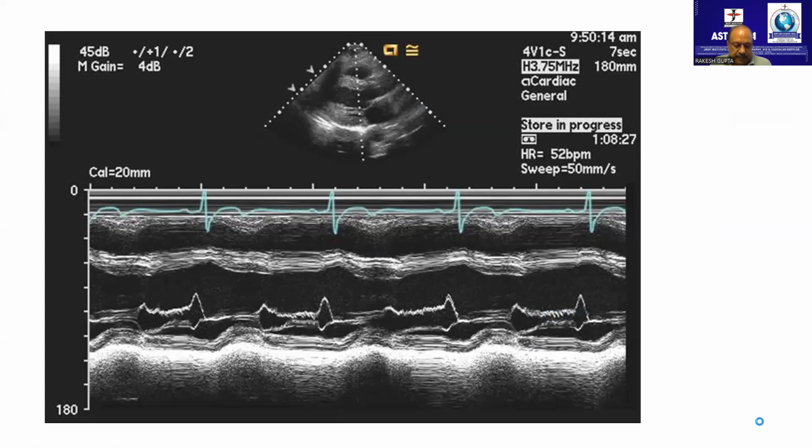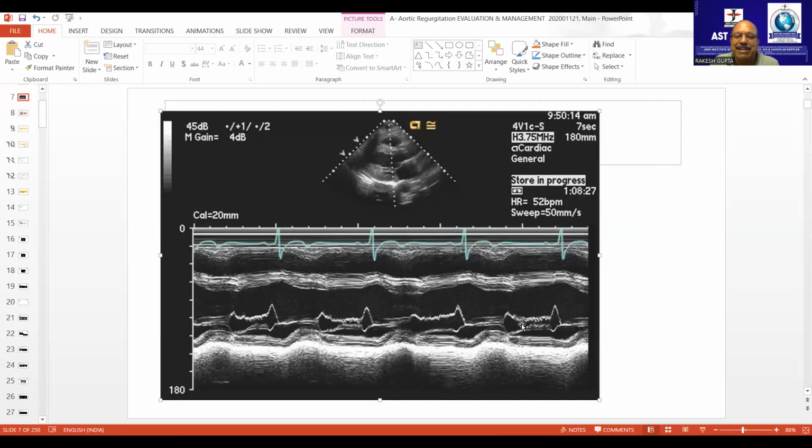Clear? So the cursor should be at the mitral valve and not the aortic valve. If the cursor were at the aortic valve, how would the aortic regurgitation jet produce this sawtooth appearance? It is the sawtooth of the anterior mitral leaflet, AML fluttering, and it is only present when the jet is striking back towards the AML. It can go towards the interventricular septum also. The problem with aortic regurgitation is that the jet could be eccentric.